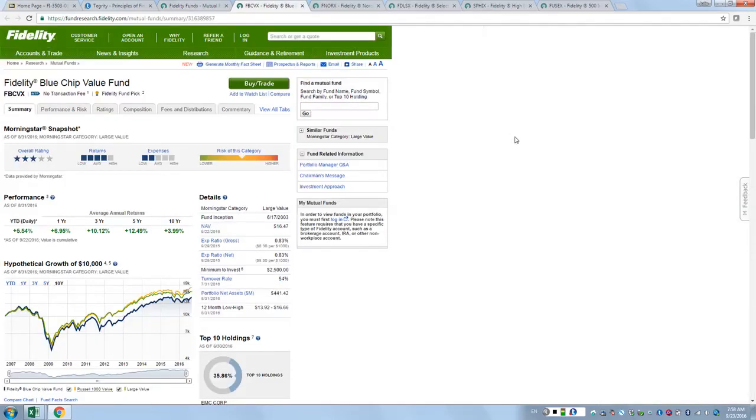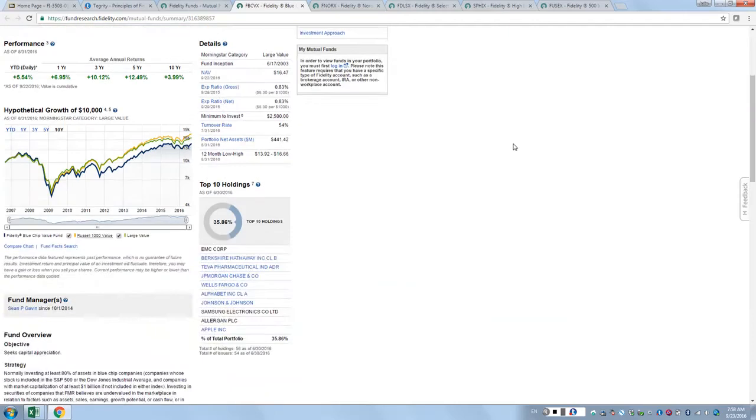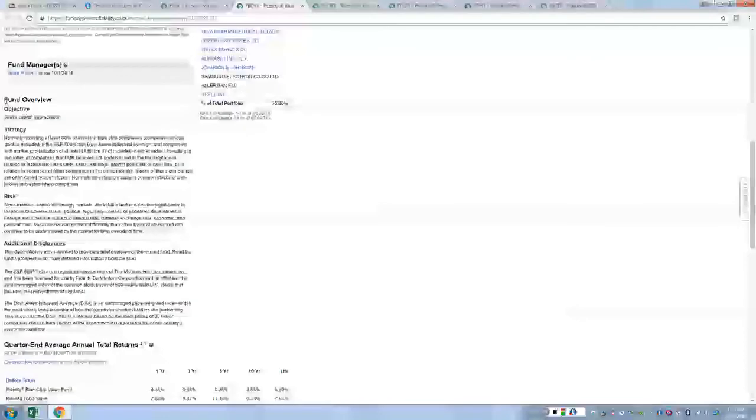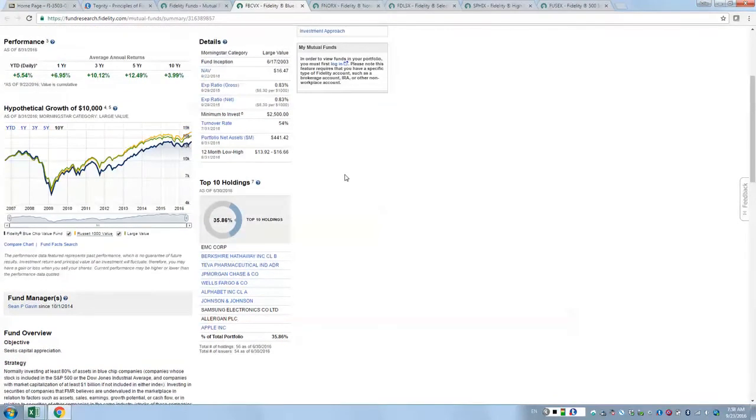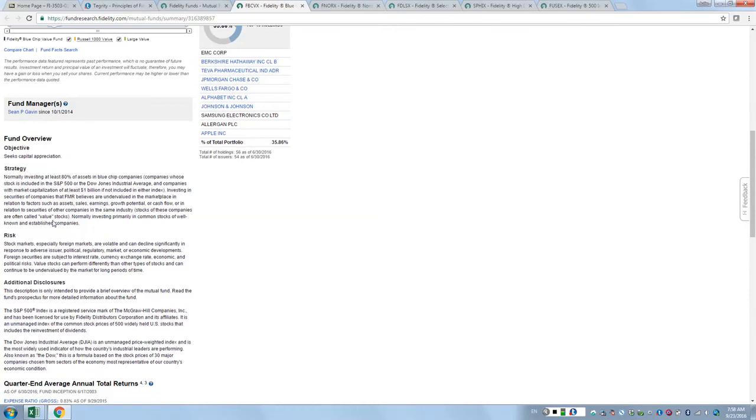So let's take a look at the first fund. This right here, the overview, is basically what it is about. As part of your project, I'm asking you to justify why you would invest in this fund. Basically, I'm asking you to read this and give me a reason. I'm aware that most of you might not have a lot of knowledge about the stock market. Nonetheless, you can infer the importance of each fund as you read this